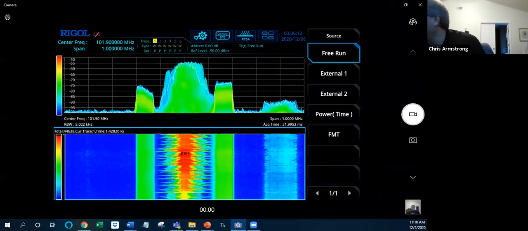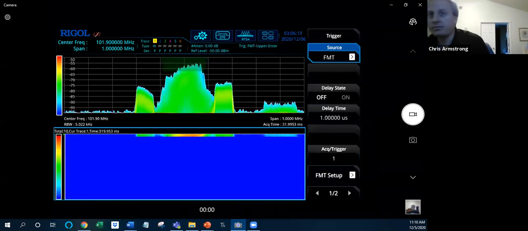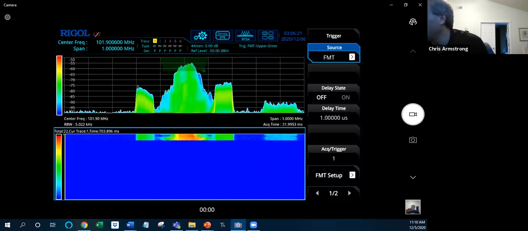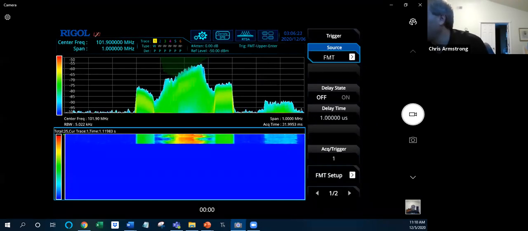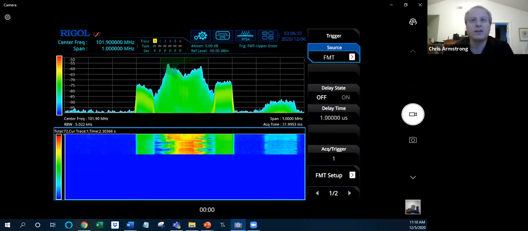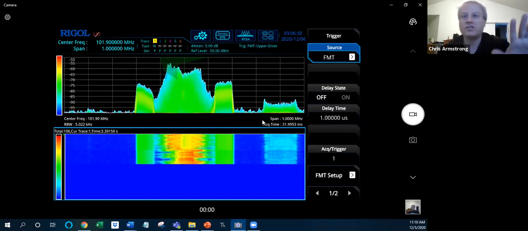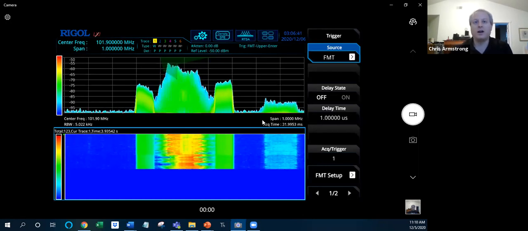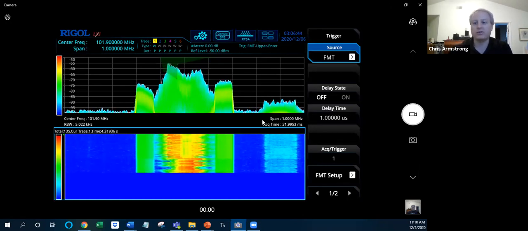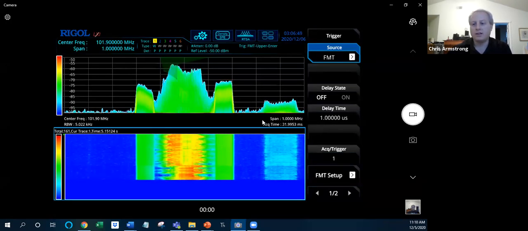So I go ahead and put this into, well, I first put this in the frequency mask trigger mode. There you can see I'm triggering on different parts of that signal. I can move the mask to capture only portions of that signal that are in a certain spot here, kind of focusing on the green mask, right? So now it's triggering slower because you're able to isolate signals that only appear in that one quadrant. So an easy way to kind of capture signals and